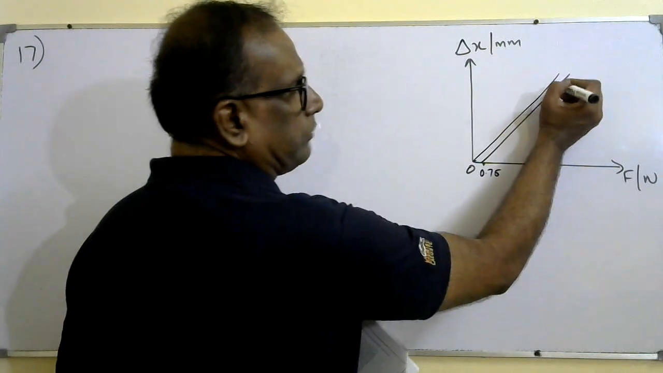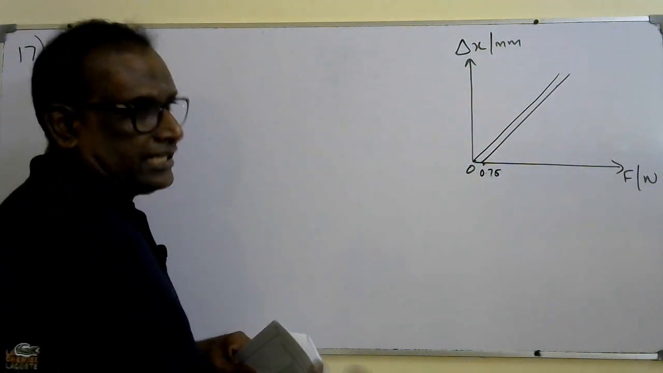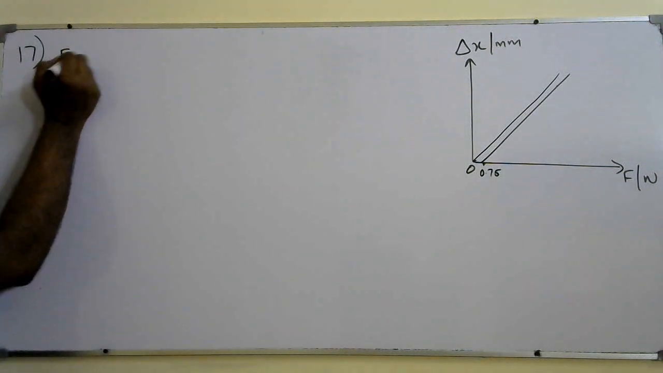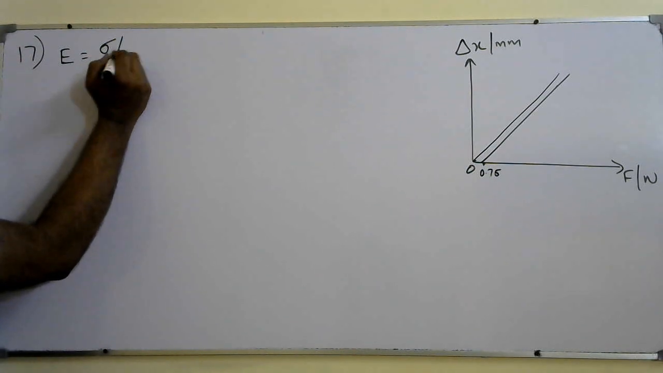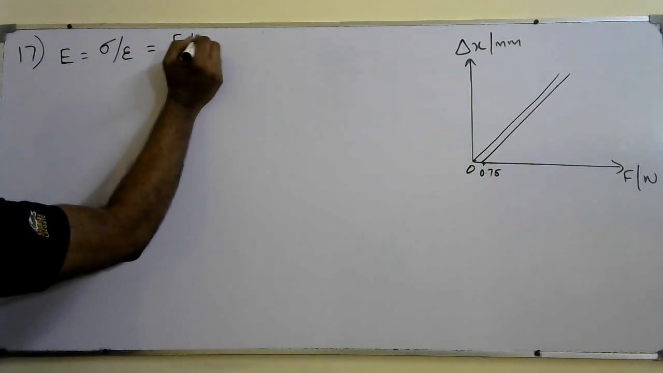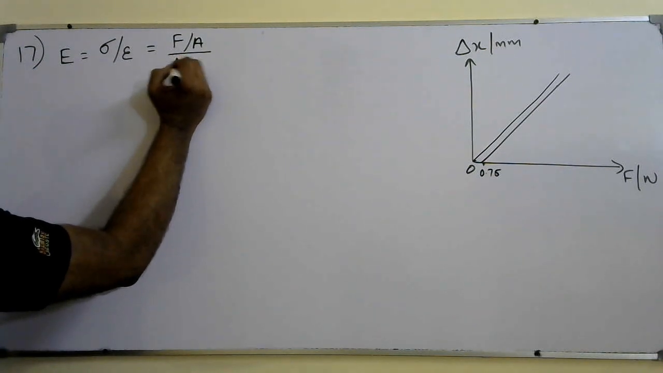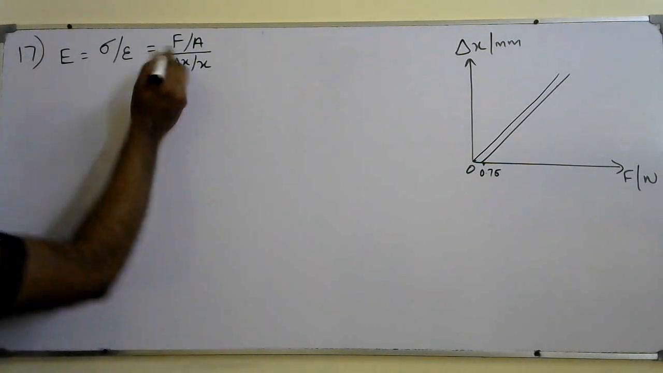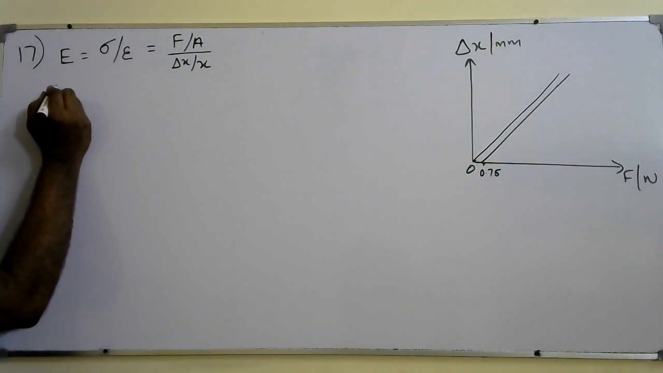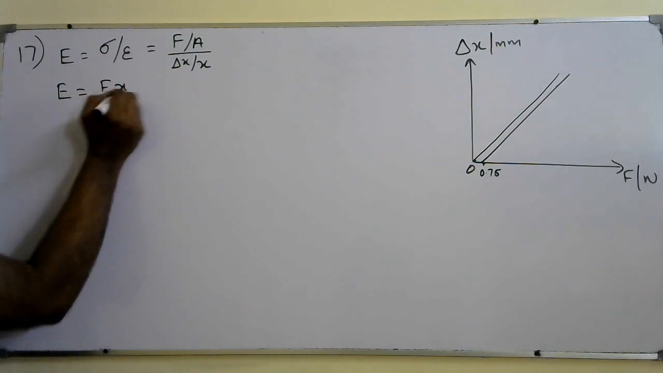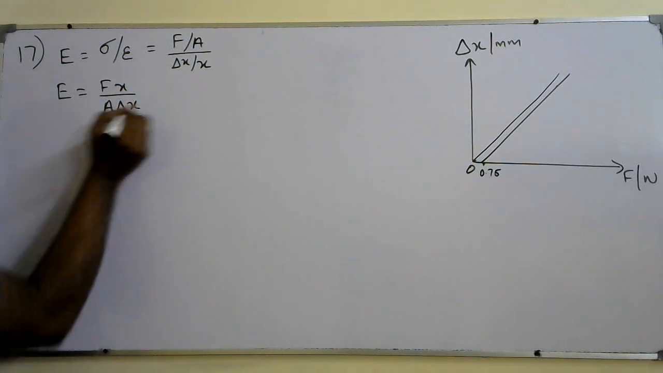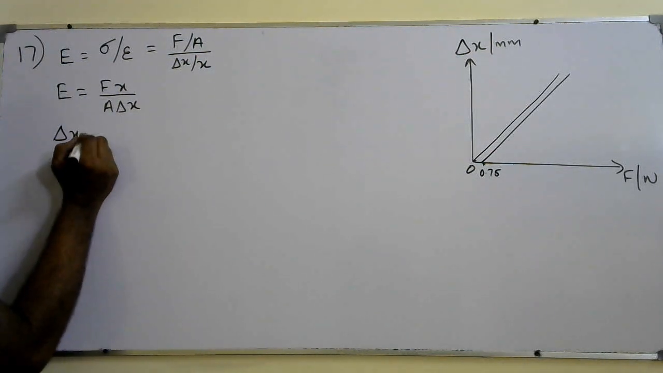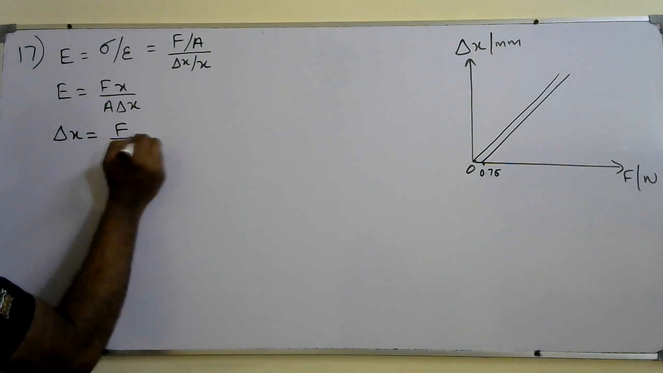We don't need to take just one point and do the calculation. If it is passing through the origin, it should be the same gradient. So we know that Young modulus is equal to tensile stress over tensile strain, that is force over area over extension over original length. So we'll rearrange this equation because it's a straight line. So it's going to be E is equal to Fx over A delta x. We'll make the delta x subject because it's on the y-axis. So delta x is equal to F over EA